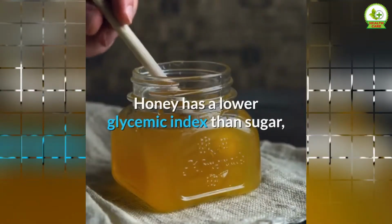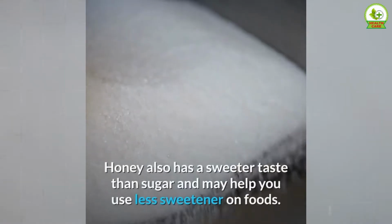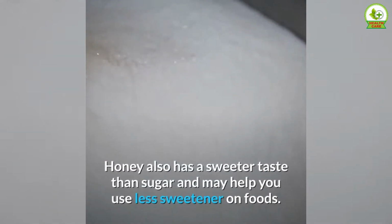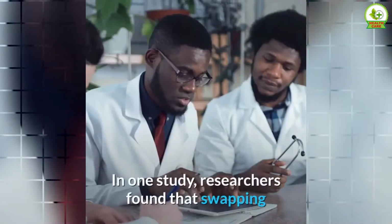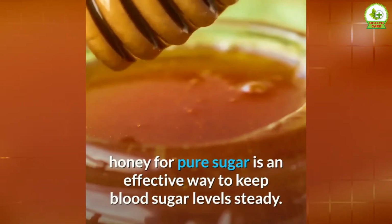Honey has a lower glycemic index than sugar, which means it won't spike your blood sugar levels the way sugar will. Honey also has a sweeter taste than sugar and may help you use less sweetener on foods. This makes honey a better option than sugar. In one study, researchers found that swapping honey for pure sugar is an effective way to keep blood sugar levels